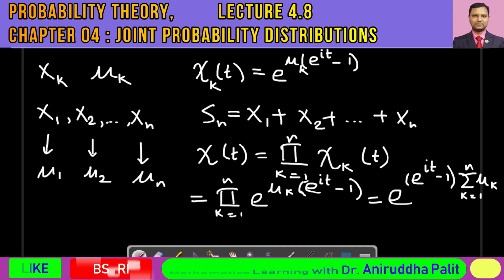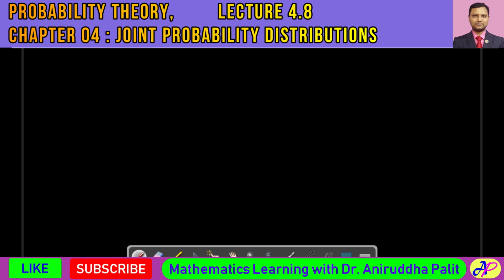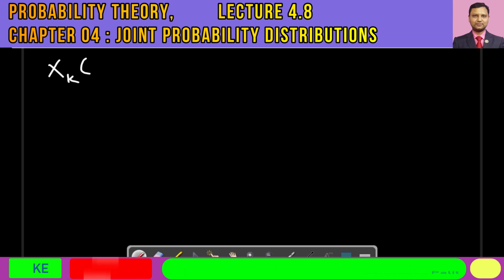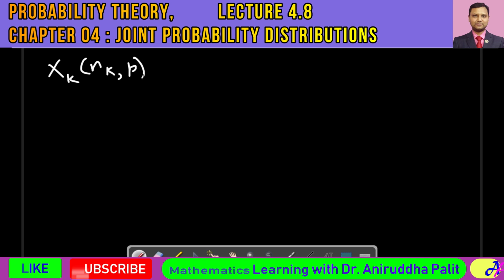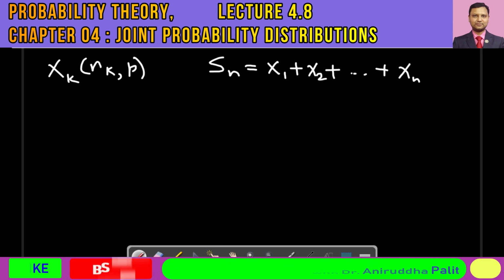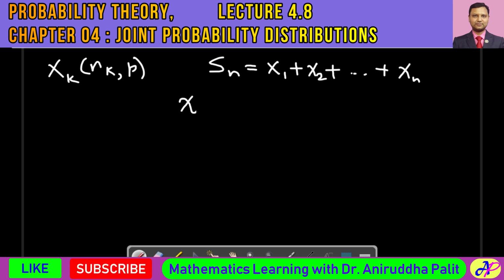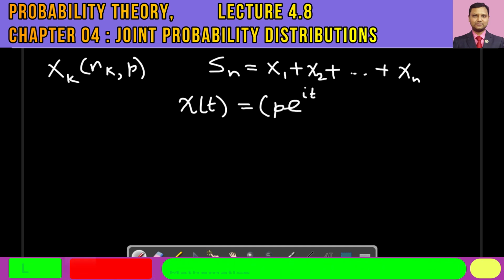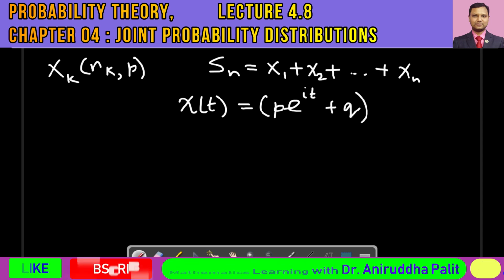In case of the binomial n p distribution, if xk is a binomial variate with parameters nk comma pk, then the characteristic function of Sn, which was x1 plus x2 plus dot dot dot plus xn, is given in this fashion: chi t equal to (q plus p e to the power of i t) whole to the power